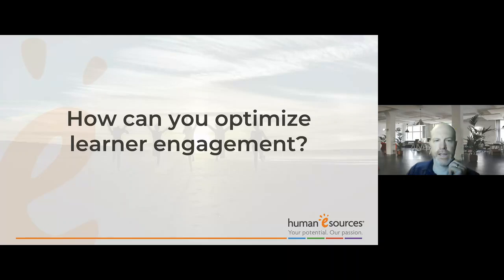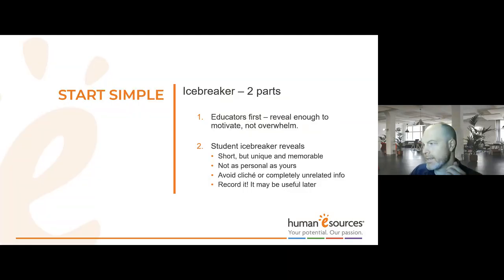So how can you optimize learner engagement further? We mentioned already the icebreaker, and best practice around that, just like I said, is educator first. So be willing to start the icebreaker yourself. Like the question that I had at the beginning of this webinar, it's nice to have a question that doesn't necessarily ask very personal information. You'll notice I asked a question about your institution and not about you, and that makes people feel more comfortable responding. Keep it short, but relatively memorable. I know someone mentioned their university is only 27 years old, a fairly young institution. That can be fairly memorable as something that stands out about it.